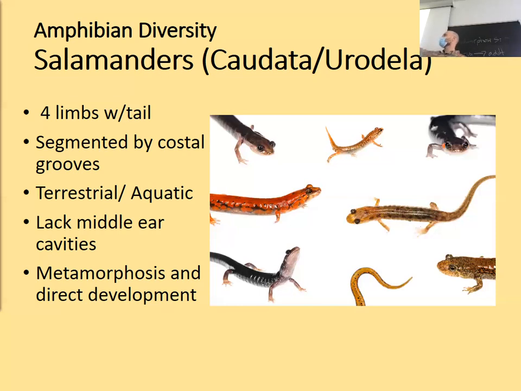Take a look at our hellbender in the jar over here by Chloe. He's got really loose, flappy skin, which increases the skin surface area for gas exchange because they're aquatic. They can actually breathe through their skin. The bigger the surface area, the easier gas exchange happens. The costal grooves don't really facilitate that. Plethodontids are terrestrial and breathe through their skin, but you don't see that so much in aquatic species.